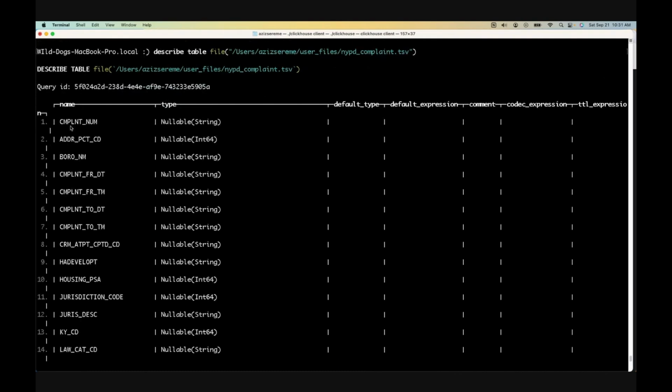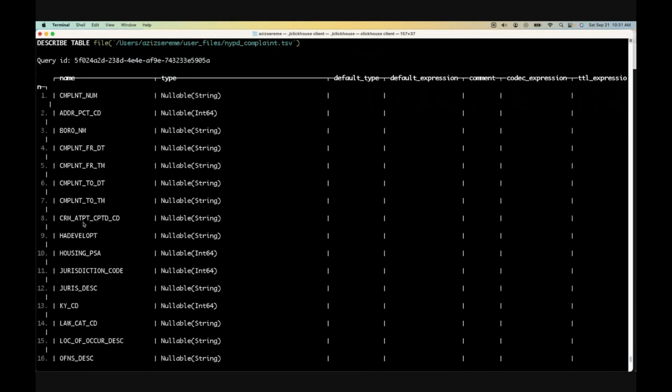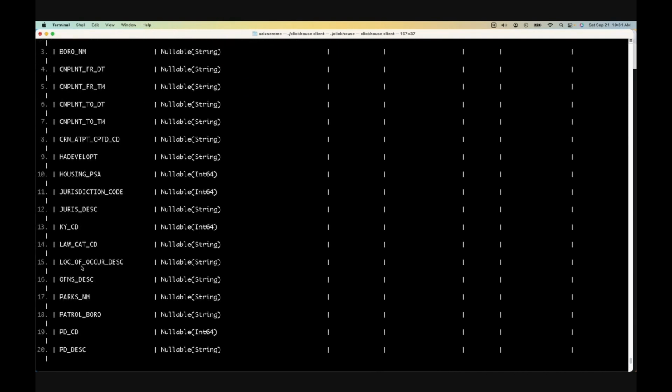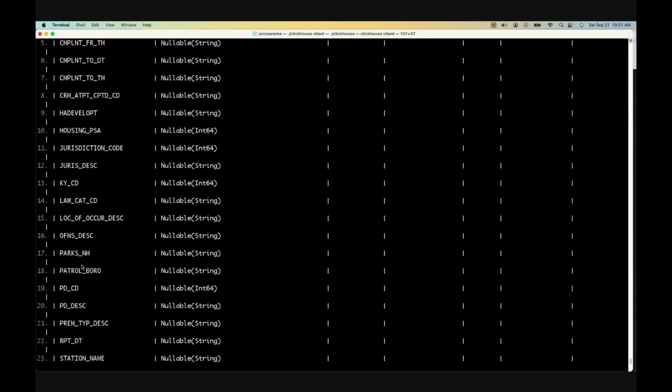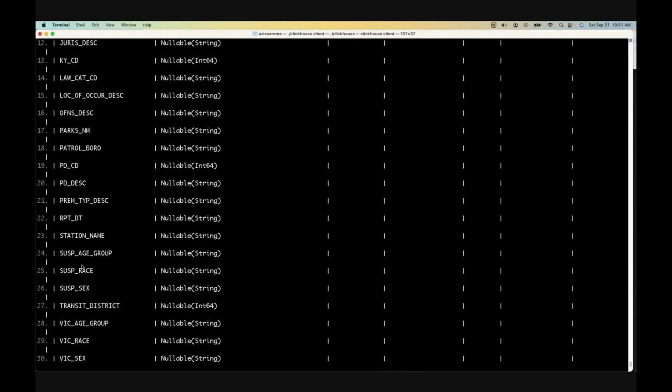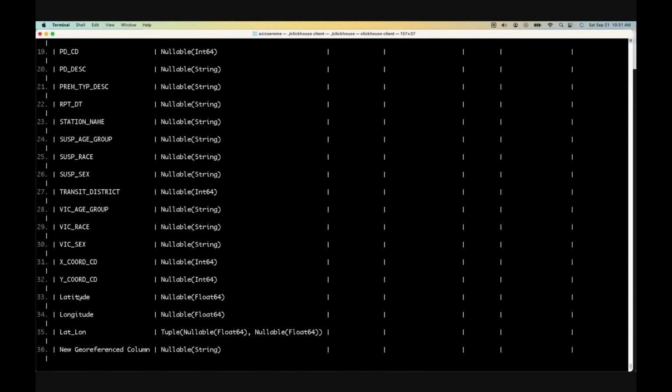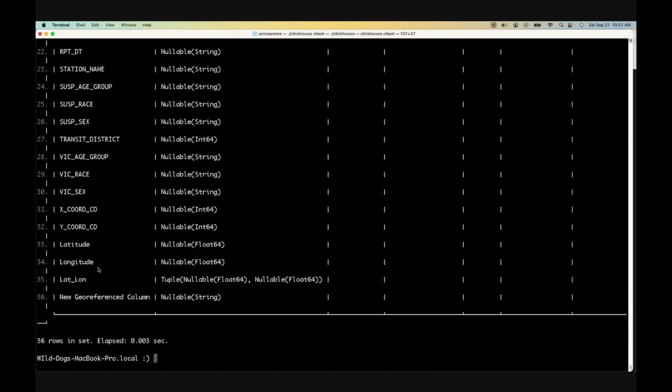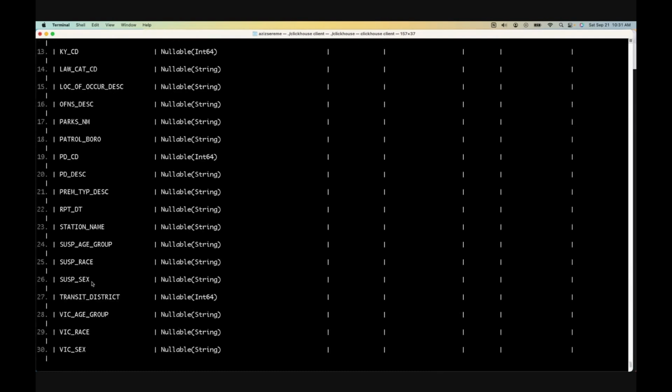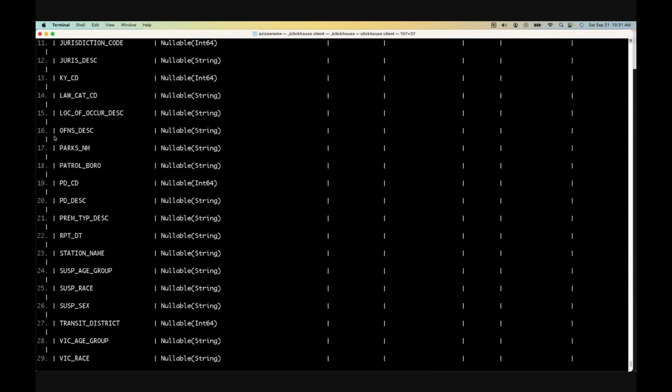So you can see these are the columns that are in the file for that NYPD complaint data set. Here, I think this is the address. There's patrol borough, New York boroughs or their neighborhoods, I think is how they call it. And then this is the offense. And this is the column that we're interested in. So basically, this is what kind of offense happened for that particular complaint. To know that, we will run